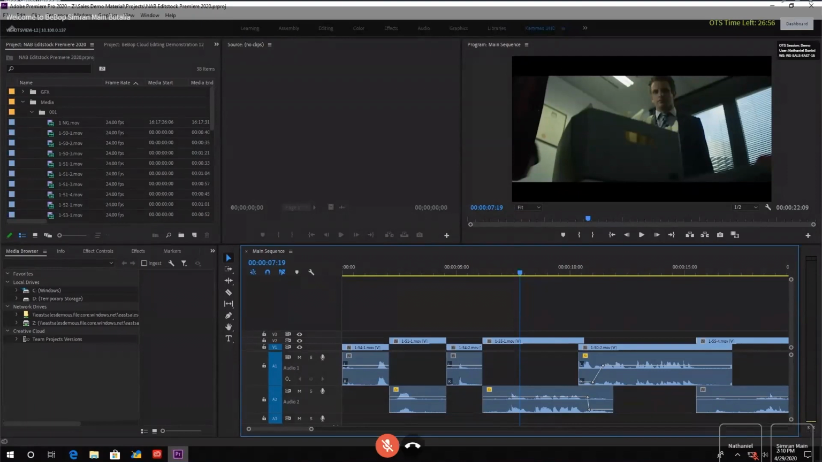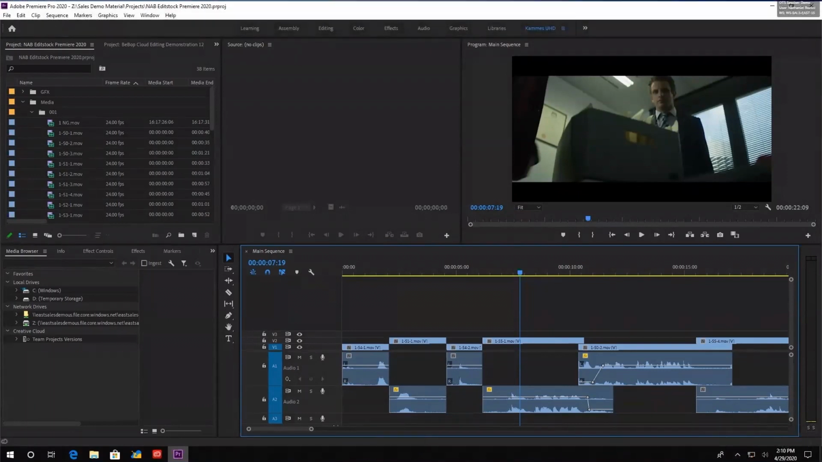So it really has a tremendous amount of flexibility for all of the end users. Nathaniel, just to add on to that, one of the things that's